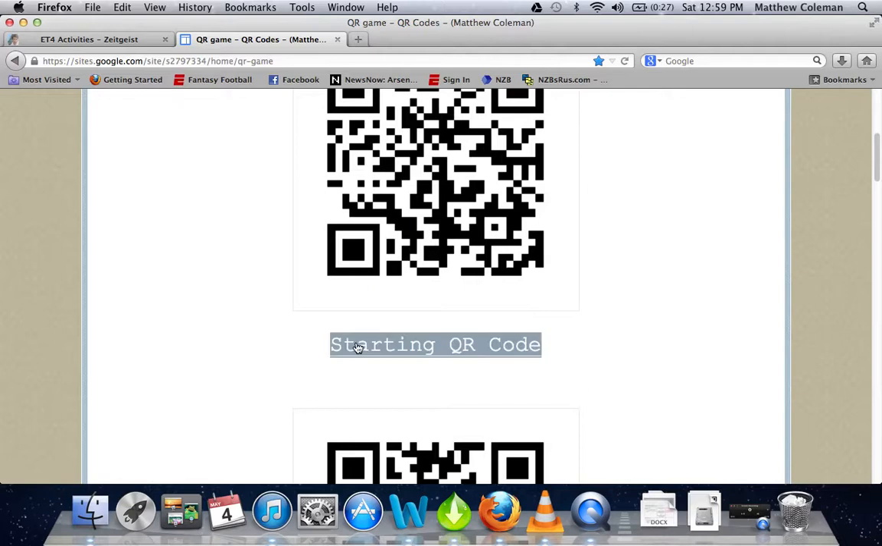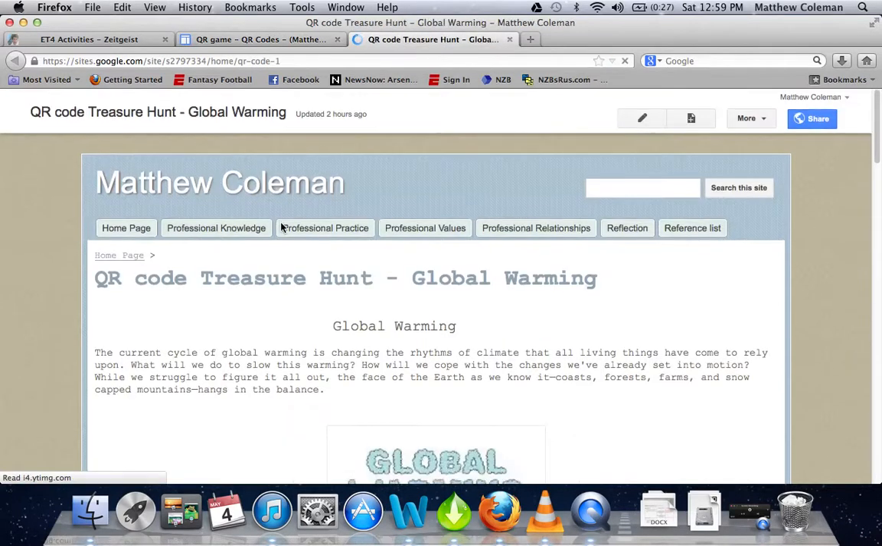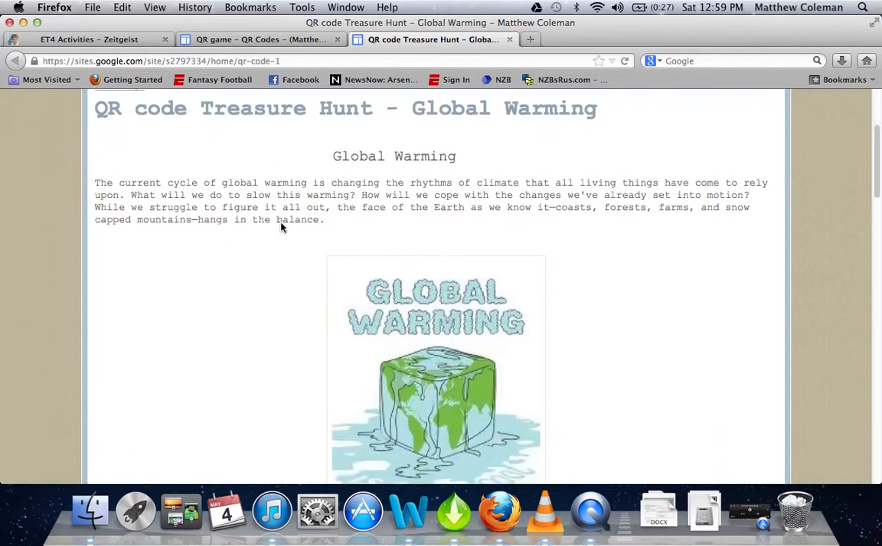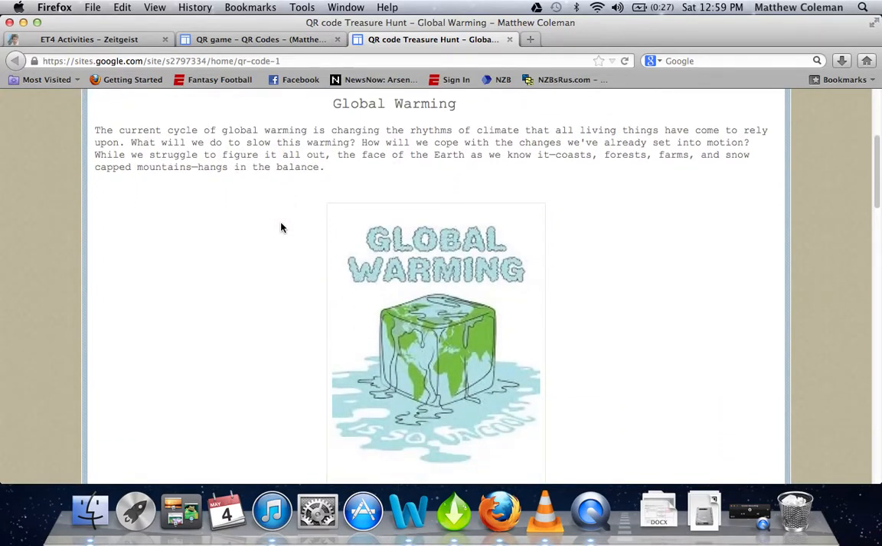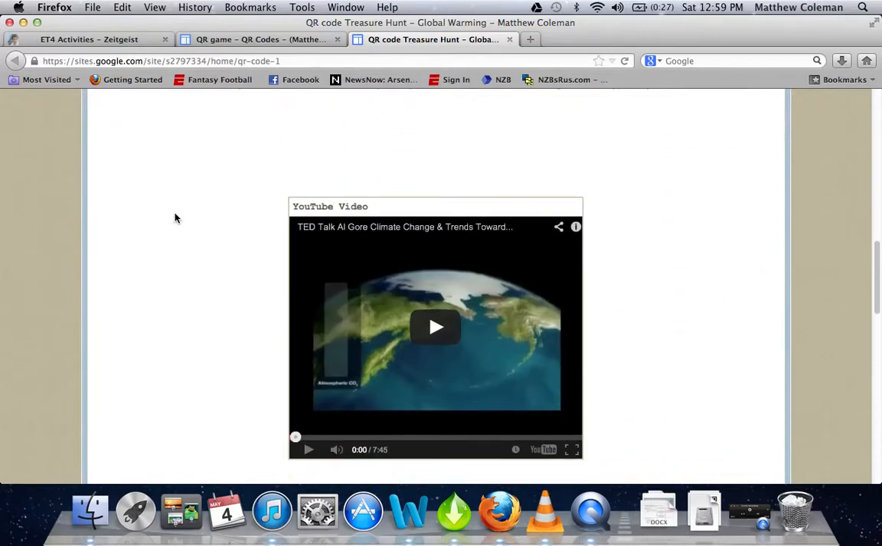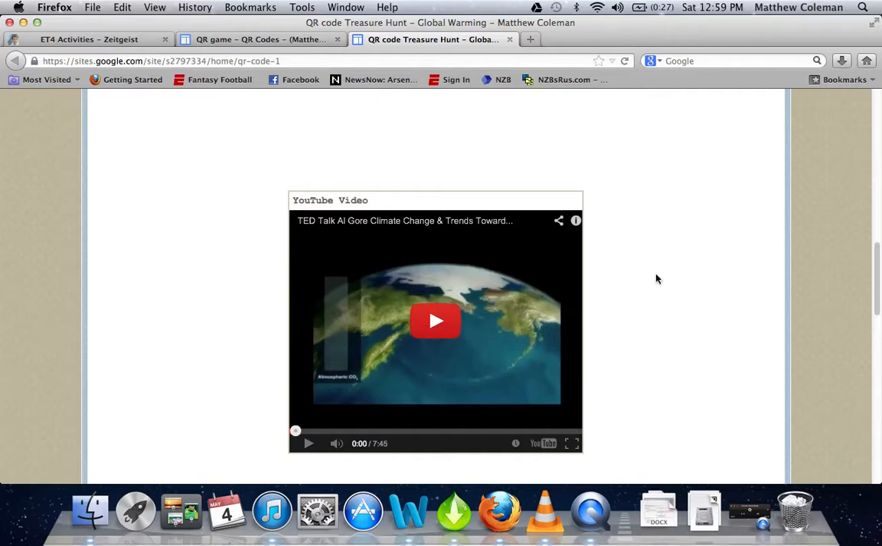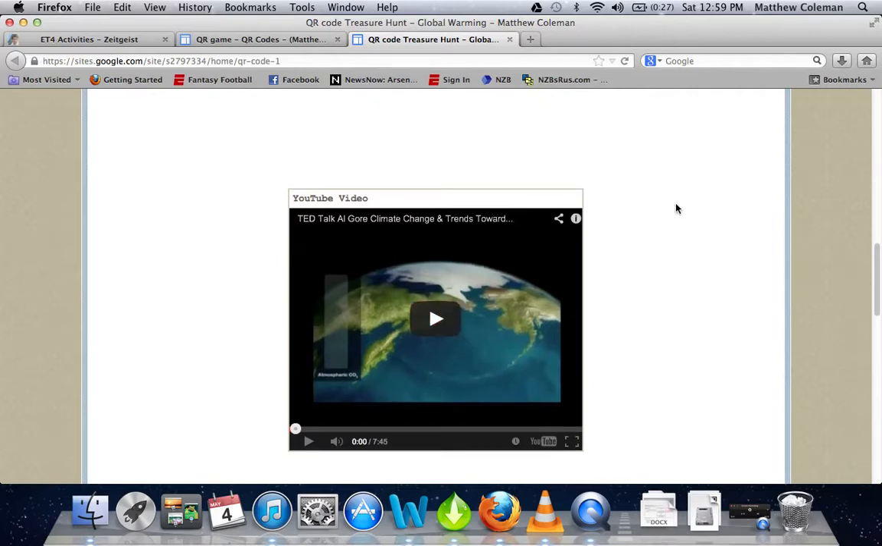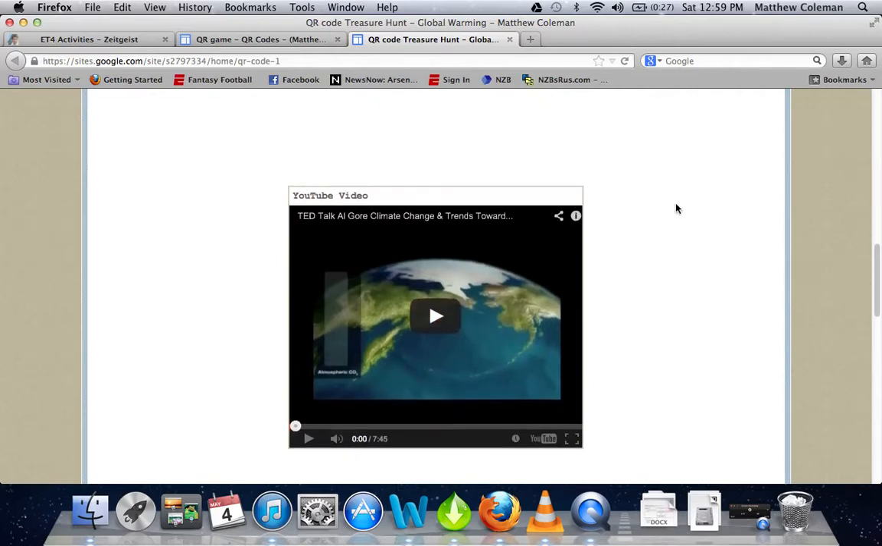So then teachers or anyone else who wants to see it, they can basically see where these QR codes are going. So here's the first one. This first one is just basically about global warming. It just gives students a little bit of basic information. It has images which make it look a little bit more interesting. It gives them the information, then finishes up with people giving a little video conference about what global warming is